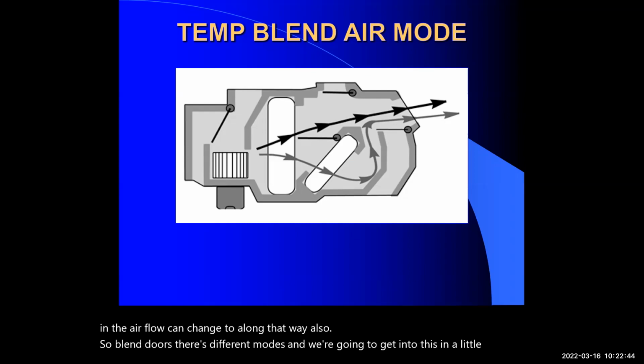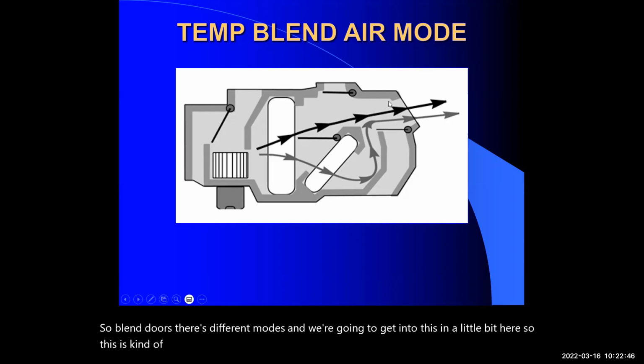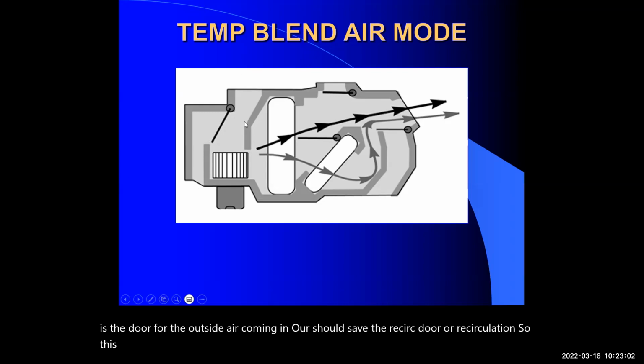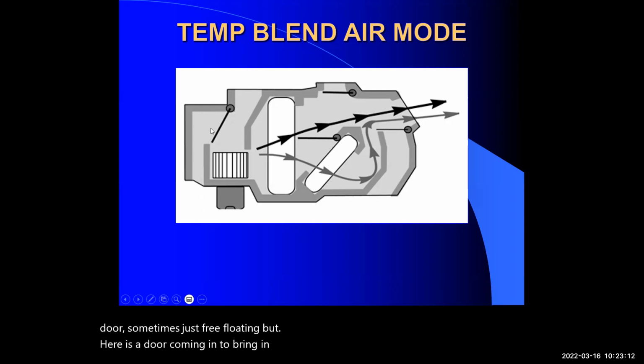So this is kind of just a picture of what it might look like. Here's our blower motor down here. This is the door for the outside air coming in, or I should say the recirc door, or recirculation. There's another door over here. A lot of them have a door, sometimes it's just free flowing. But here is a door coming in to bring in the inside temperature air in, and here's my blower motor,